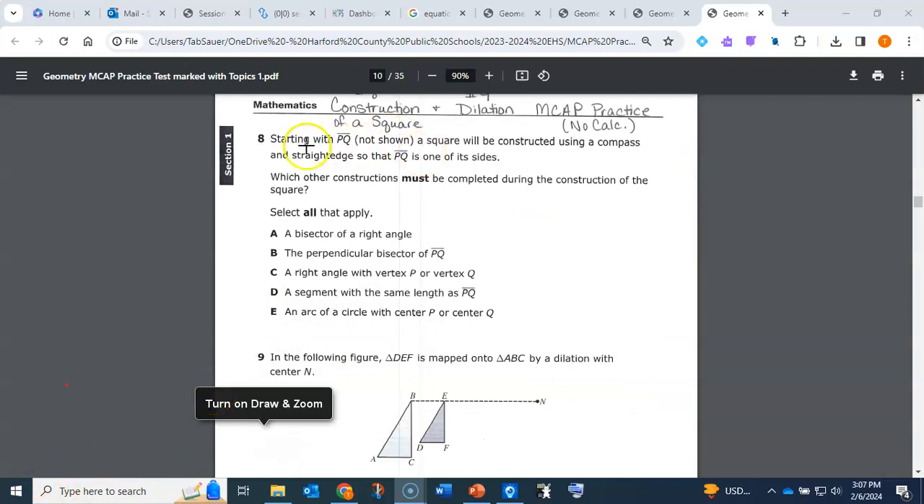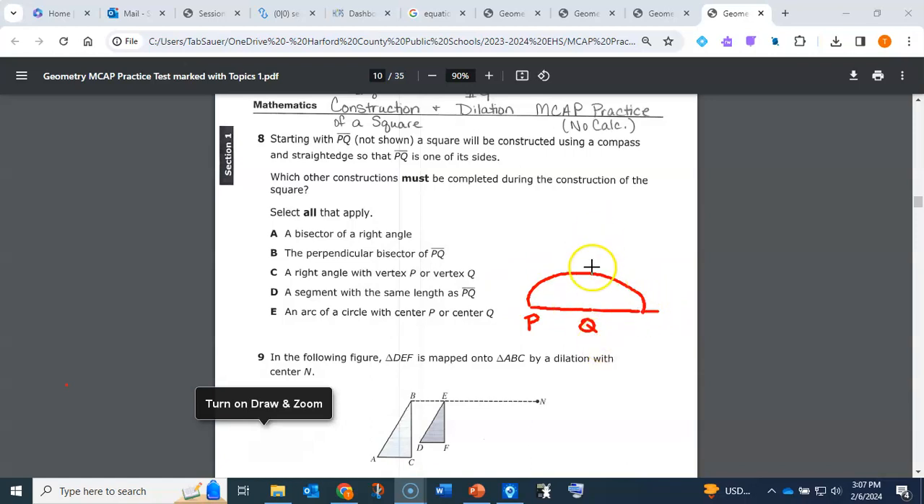For question number 8, it says, starting with segment PQ, so if I had a segment PQ, they're saying a square will be constructed using a compass and a straight edge so that PQ is one of its sides. So if I was trying to construct a square using this side, I would put my compass point on, for me, I like to work with the right-hand side, but you could do it on either side. If I put the point of the compass here on Q and I put my pencil on P, I could use that radius to draw a semicircle and then extend this line out, make sure it's extended out, and create